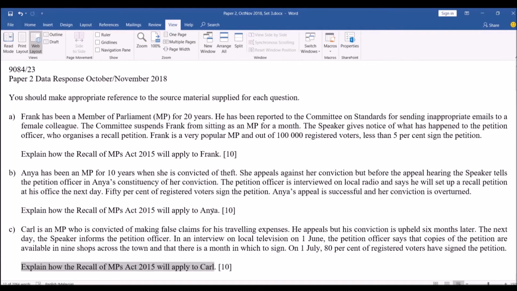Right, so that's the end of questions A to C. One thing that you should note again is that I'm actually just going through questions A, B, and C for this video, and I won't go through question D as it is a full-on essay question. And the purpose of this video is to guide you on how to answer a data response question without question D.